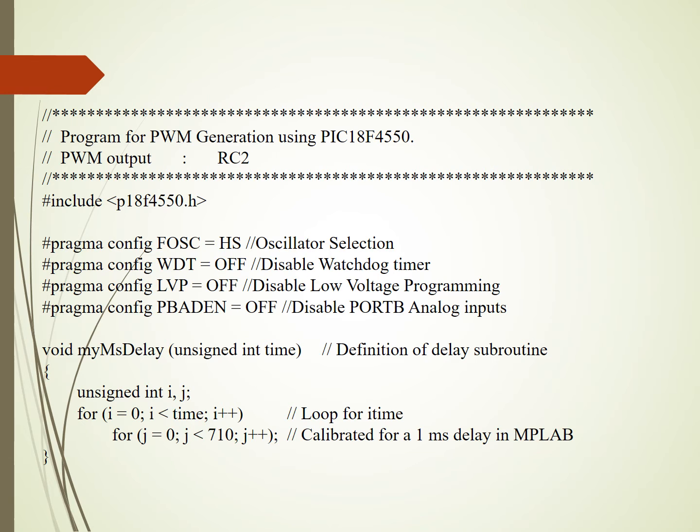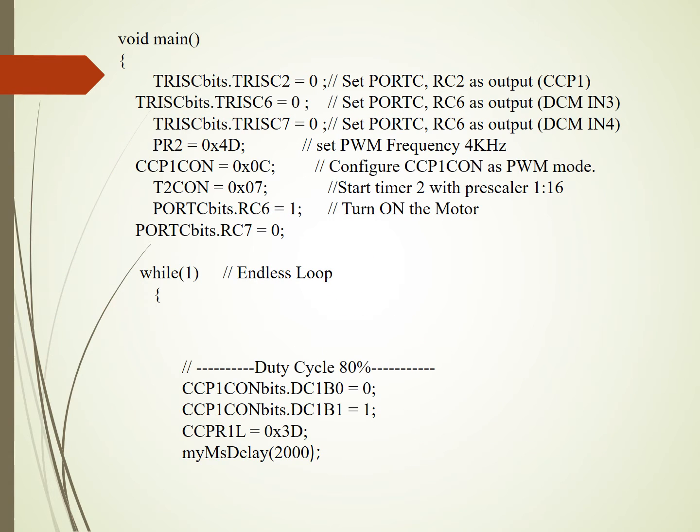So I am going to connect the positive point of the CRO to RC2 and the second point to ground. And there is a separate section for the DC motor. You have to connect the DC motor over there. It will be seen in the output video. As you are going to interface RC2 where you will see the output on the CRO, that's why we make that port an output, 0.